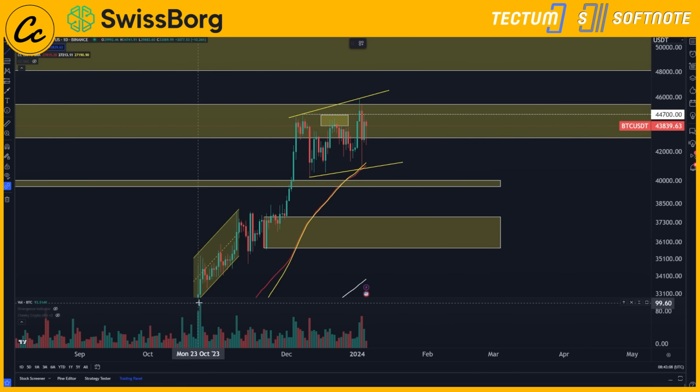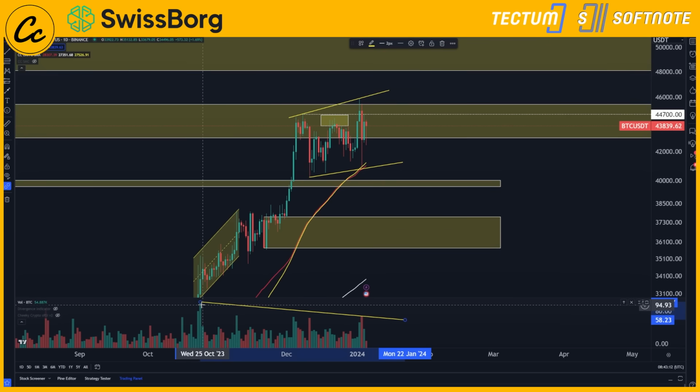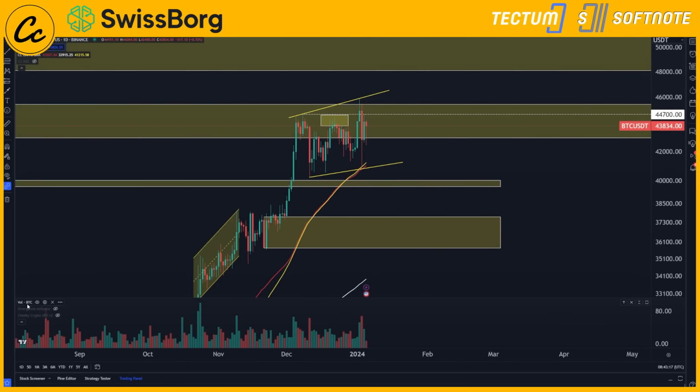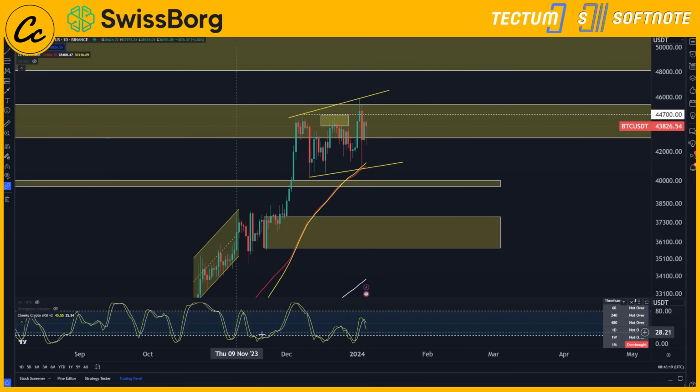So again, volume profiles here, although they have spiked up most recently, are still lower than they were back in October, even though we have pushed up into higher prices since then. These kinds of divergences are quite alarming. Now, the stochastic RSI can still move on down to the oversold, but we are looking for this to actually progress up towards the overbought area.